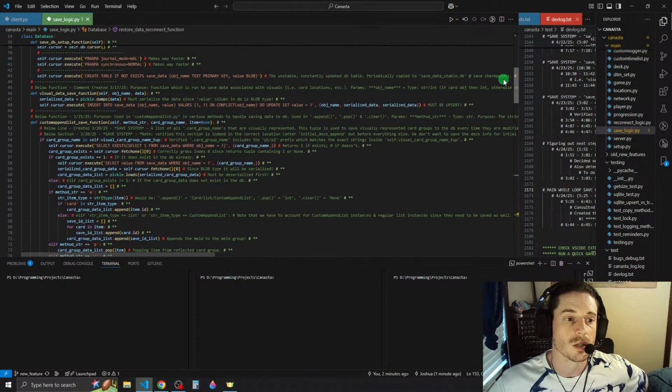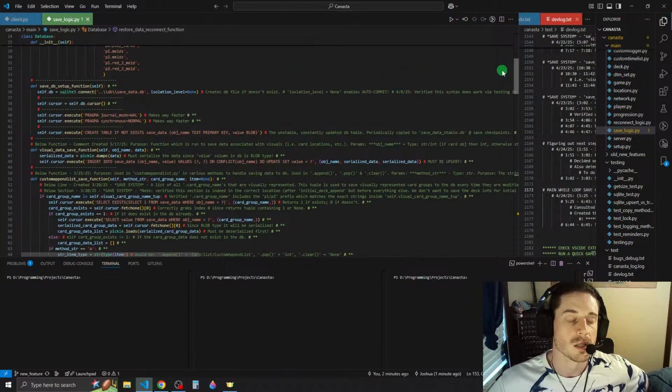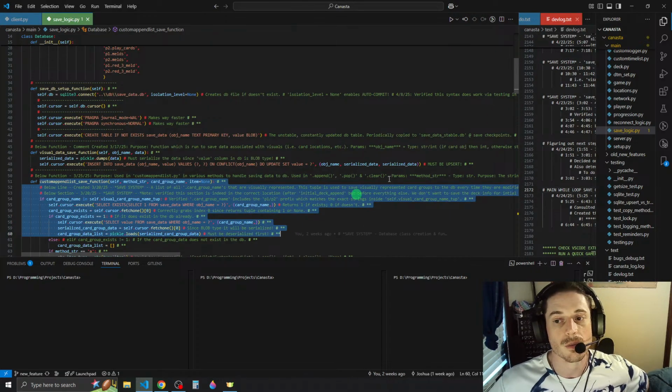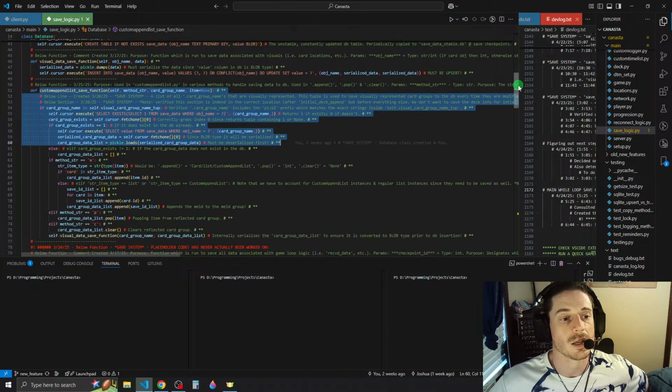We do need the save DB setup, but this one, custom append list, that one we might get rid of.